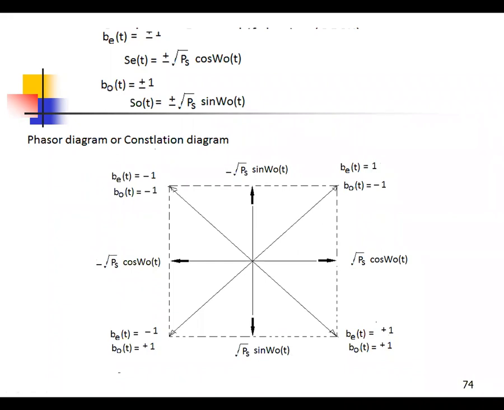Okay. So why is b_e(t) related to cos? Because the signal s_c(t) is b_e(t) root Ps cos omega naught t. So even data is multiplied by cosine, odd data is multiplied by sine. That is the block diagram. You can see the multiplication of even data and odd data by carrier signals. Cos omega naught t and sin omega naught t are the carrier signals. Okay. Likewise, you can draw the phasor diagram.